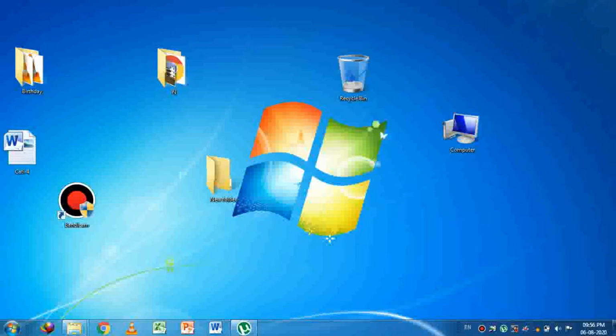Next one is the taskbar. At the bottom of the desktop, you can see the taskbar. The blue colored horizontal bar at the bottom of the screen is called the taskbar. In the taskbar, some icons and different running programs will be there. Otherwise, whatever you use frequently, you can also pin in the taskbar. This is the function of the taskbar. Next one is one of the important topics, working with multiple applications.